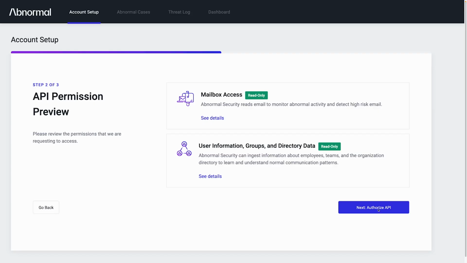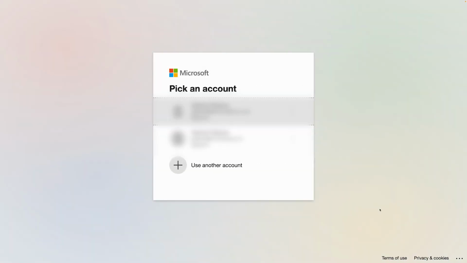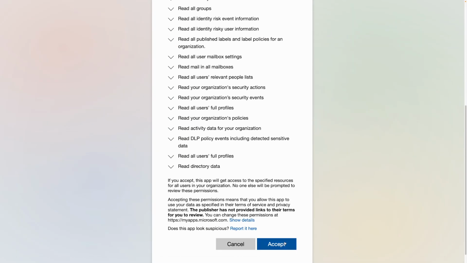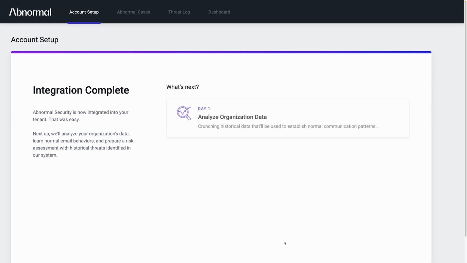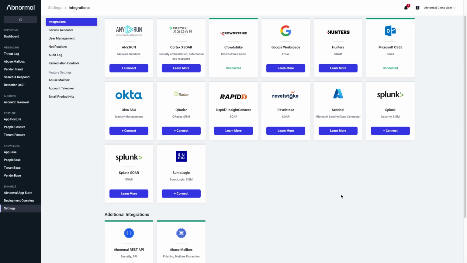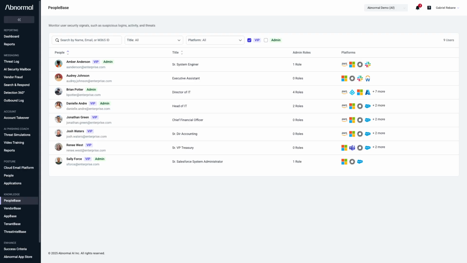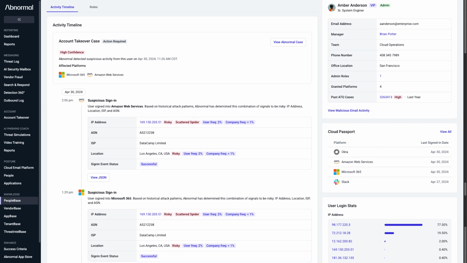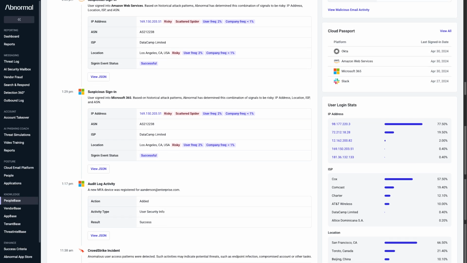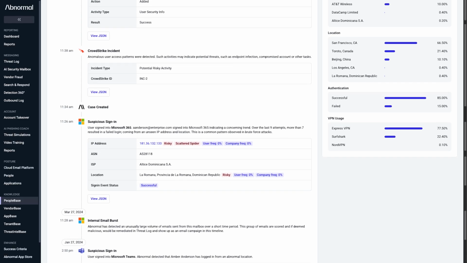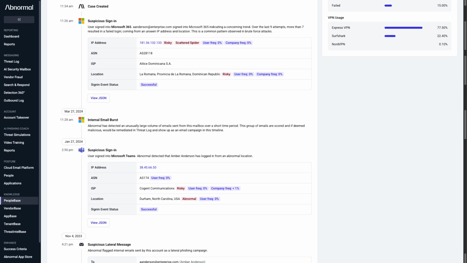In contrast, Abnormal was built for today's threats. Through a simple API integration, Abnormal ingests thousands of signals from your email and SaaS stack to understand what normal communication looks like. This behavioral baseline enables Abnormal to detect anomalies and stop the entire range of email attacks, including never-before-seen threats. Instead of relying on static rules like legacy tools, Abnormal uses behavioral AI to detect threats with no